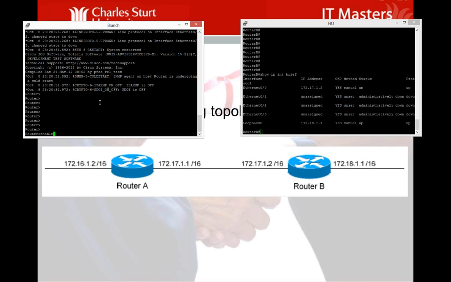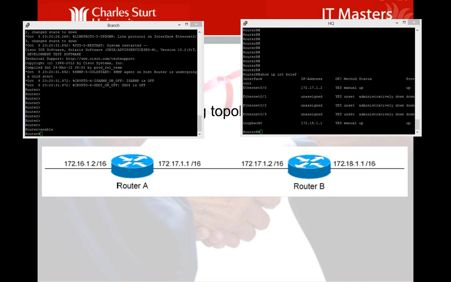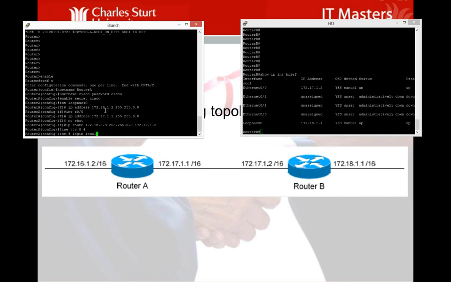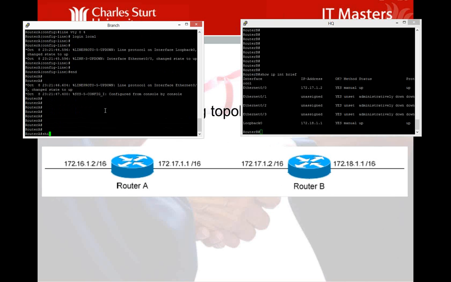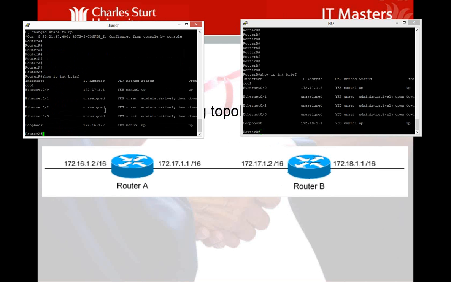We will do the same on router A. Okay, and if I do a show IP interface brief, you can see I've done the same thing here. So we've got our Ethernet 0 interfaces. We'll be connecting our two hosts together, and our loopbacks will act as the left-hand interface on router A and the right-hand interface on router B respectively. So now if I just check that we've got our connectivity,